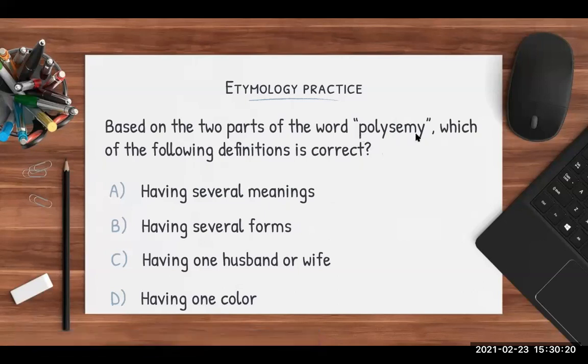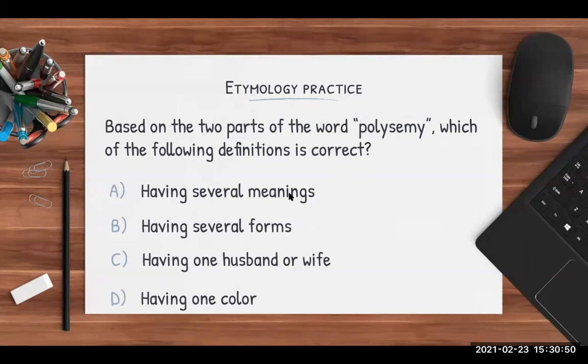So if we look at the word polysemy, we can break it down into two pieces. At least we've got the beginning, poly, and then we've got sem. So generally we know that poly means many. That would come up in polygon, many sides, or polygamy, married to multiple people. So